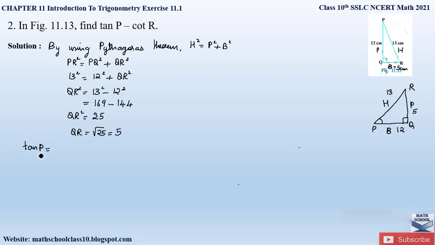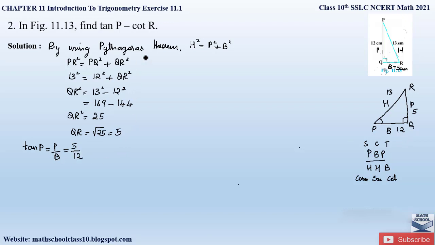To determine the trigonometric ratios, I have also told you to remember this fraction, that is P B P divided by H H B. So perpendicular by hypotenuse is sine, base by hypotenuse is cos and perpendicular by base is the tan value. And hypotenuse by perpendicular will be cosecant, hypotenuse by base will be secant and base by perpendicular will be cot. So this is the simplest method you can remember the trigonometric ratios. Tan P is given by perpendicular by base. So what is the perpendicular value? It is 5 and the base value is 12.